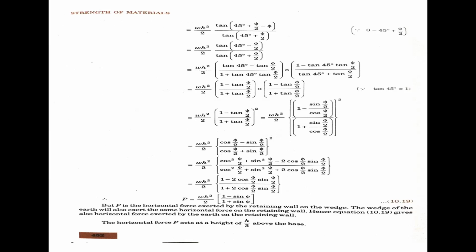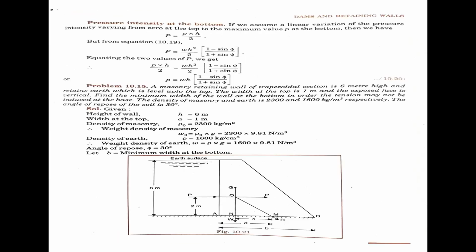The horizontal force P acts at a height of h by 3 above the base. Now, the pressure intensity at the bottom: if we assume a linear variation of the pressure intensity, varying from 0 at the top to the maximum value p at the bottom,